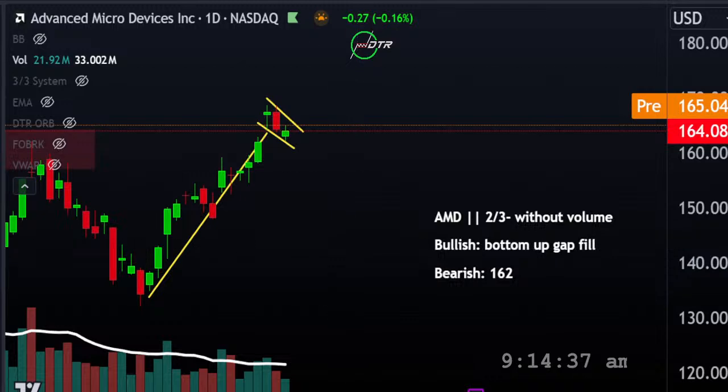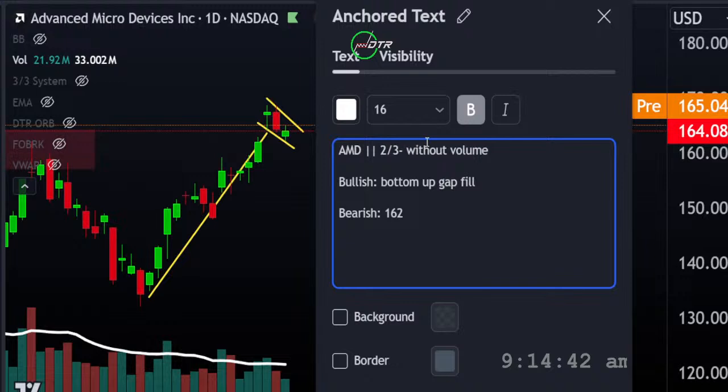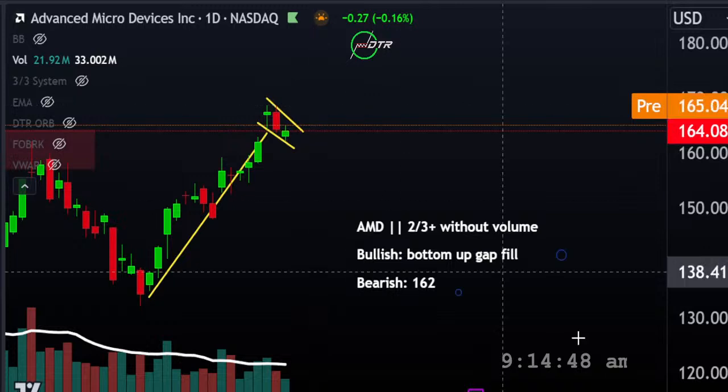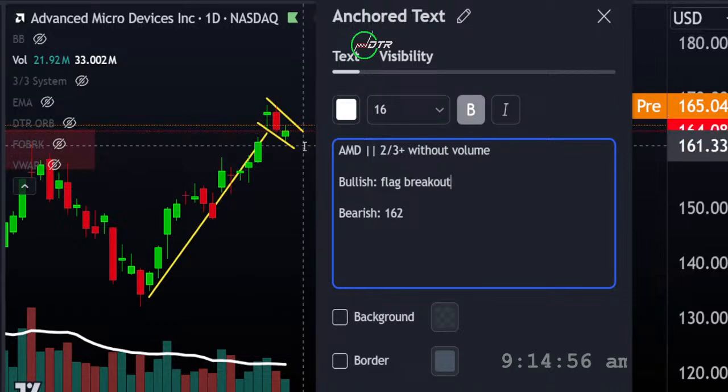All right, AMD maybe starting to look a little bit like it's flagging here. So let's see if that actually ends up being the scenario, right? Green candle, decreasing volume, gap up. So it's a 2 out of 3 here to the upside without volume. And we're going to look for just basically a flag breakout here. So 169 pop, and then we can go. So we're looking for a flag breakout, we'll call it. And then to the downside, because we don't have that volume shelf, we're still looking for a breakdown here under